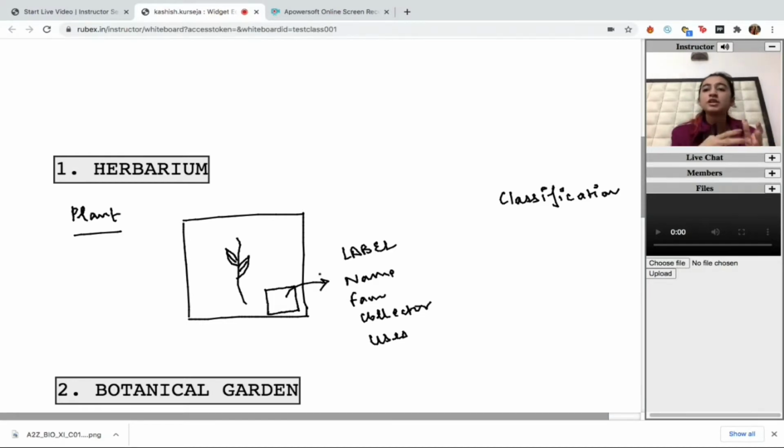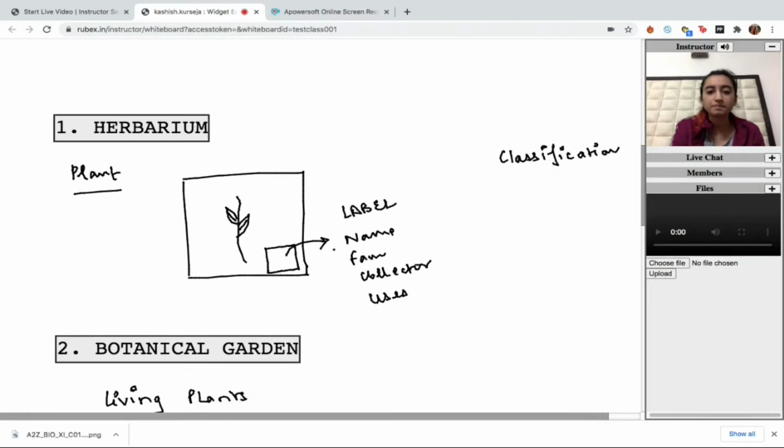After many of these herbarium sheets are made, we can use any criteria of classification and place them together in a folder for the same purpose. So this is basically how a herbarium sheet works. And this is largely for plant specimens only. So it will help us in knowing about them better, and also being helpful in identifying any further species that we discover related to this one which is preserved.